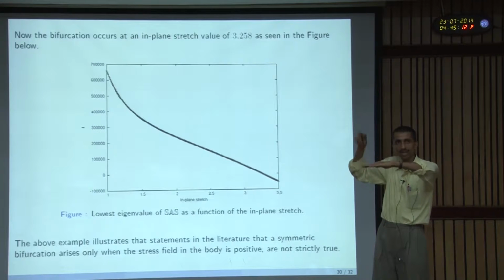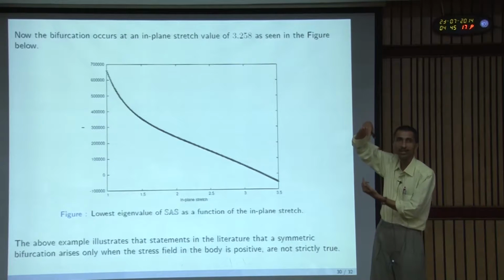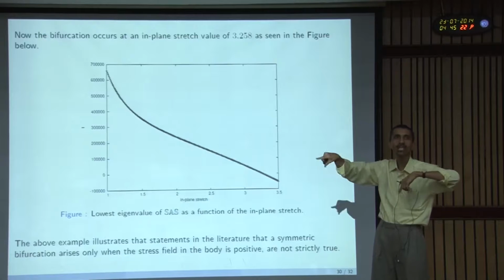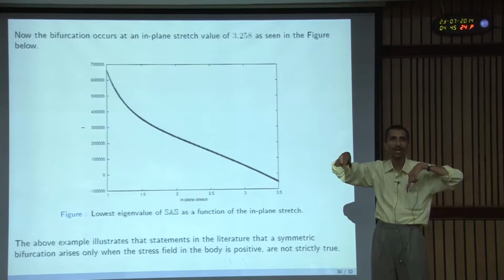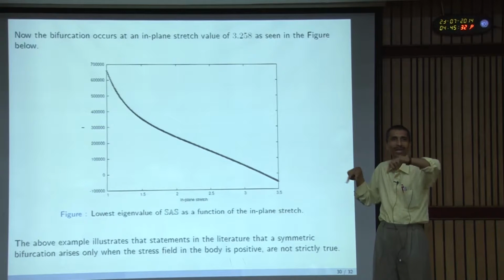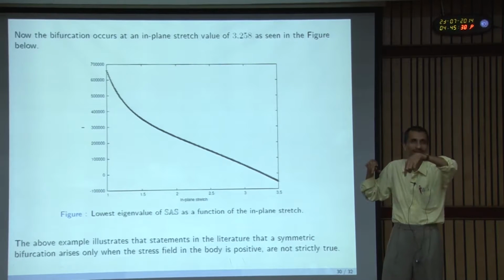No, that in plane is the xy. The out of plane is the z. Let us say you are applying the tensile load in the xy and the compressive load in the z. So the in plane refers to the xy. So those are equal, and they will remain equal until the critical load, when suddenly it will go into that other state, which is a rectangle. In the xy plane, it will become a rectangle.